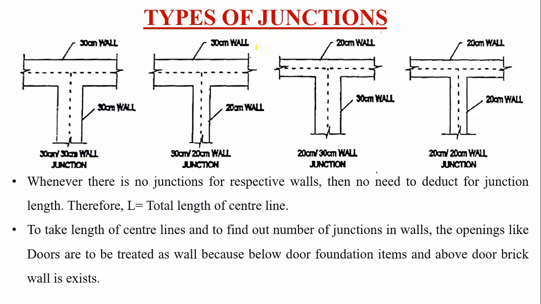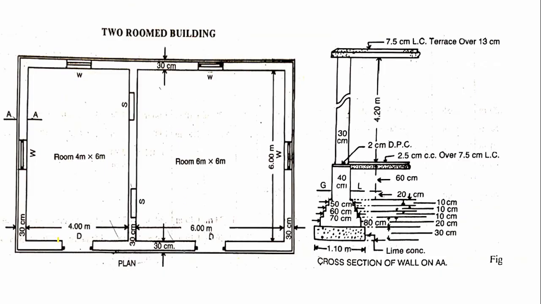Then next, most of the time students get confused. For example, now this is one 2-room building, an example of one 2-room building. When we are calculating the center to center length, we will take from here till here. Students get confused that here we have the door opening, you can see here in the figure we have the door, whether this opening length has to be considered or not, right? For example, whenever you see the construction activity, when we are constructing the wall foundation, we will construct the wall foundation totally.